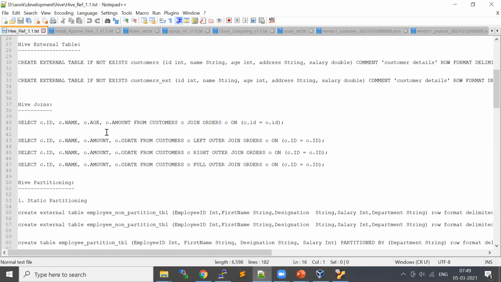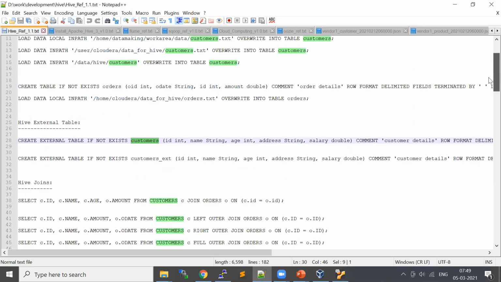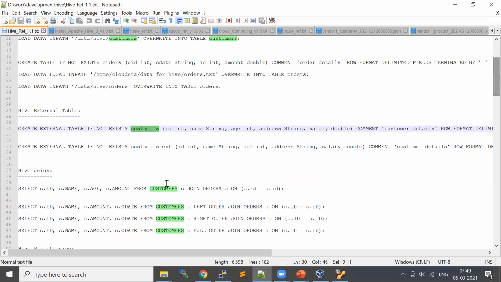We already have a customer table. Let's go and create an order table, and then probably we'll load order data as well, and then run these queries.